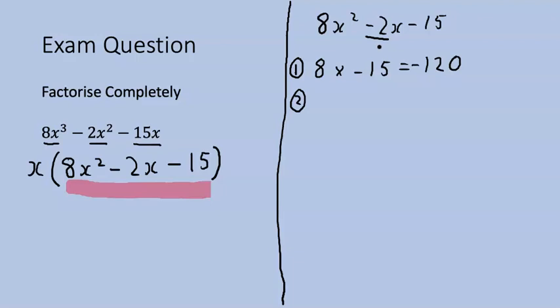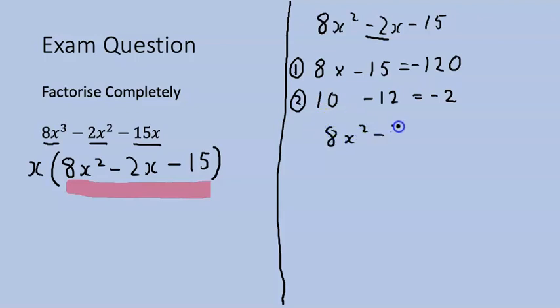I could go through it all with you guys, but I know the two factors already. 10 times minus 12 gives me minus 120. Does 10 take away 12 give me minus 2? Yes, it does. So when I rewrite this now,